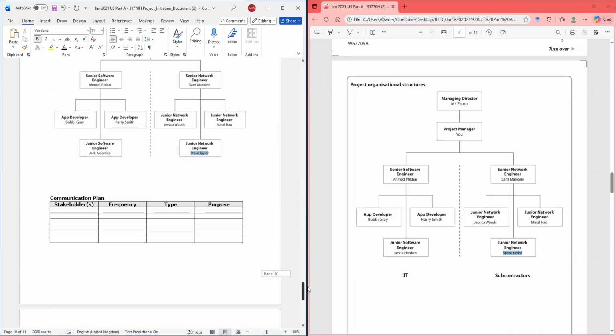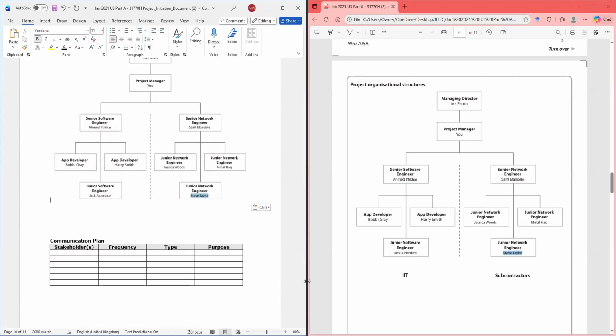All right, that's all we do. We have it. Then we have the communication plan, which should be very easy because what we could do is just say how we're going to communicate with each stakeholder. We're going to communicate with Miss Payton, first of all. And the frequency is going to be bi-weekly, or we could say every 2 weeks.